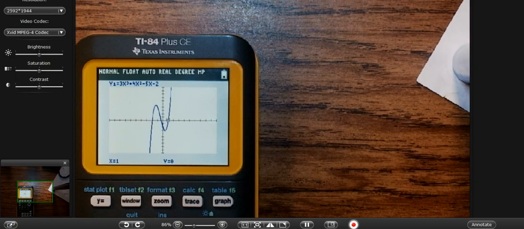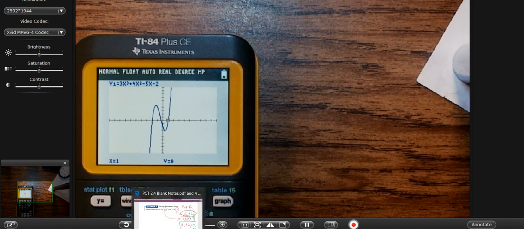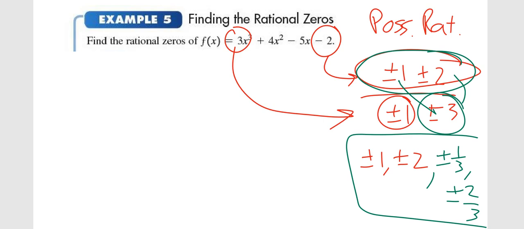I mean, when I plugged in a 1, I got 0. Isn't that a good thing? Hey, that means we found one of them. That was pretty quick. Alright. Find any more? -2? Okay. Now,